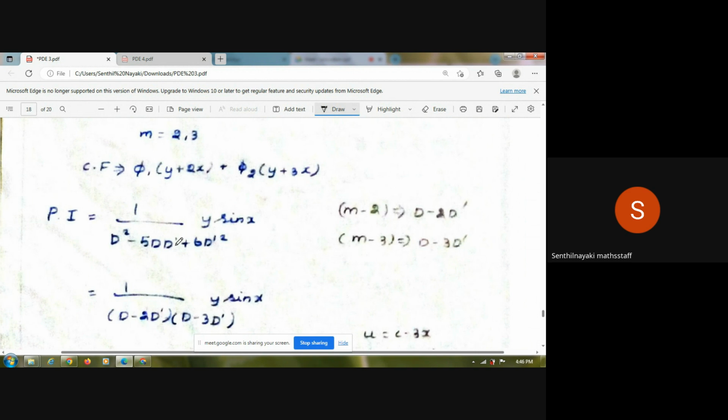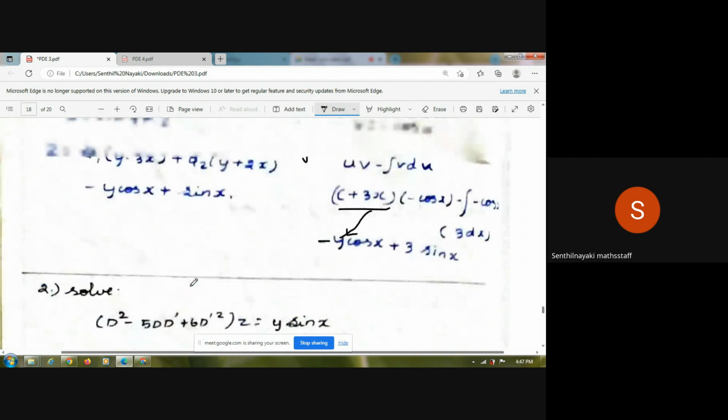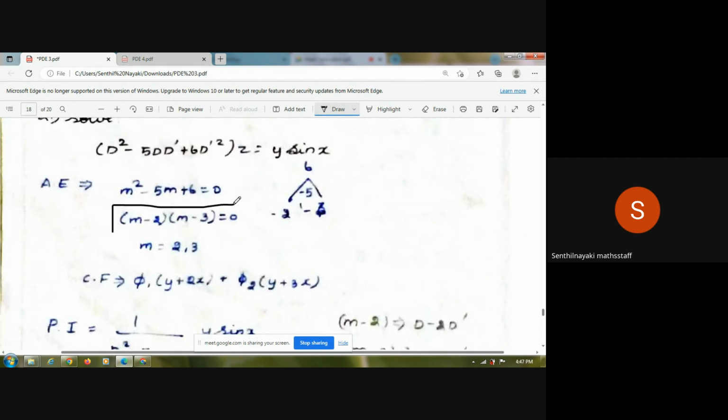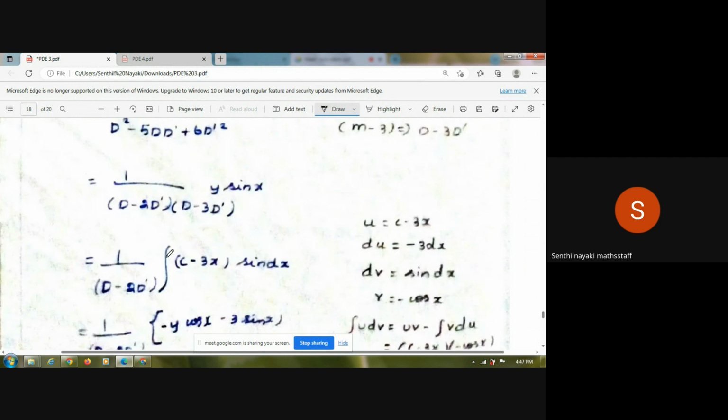This PDE can be written as the product of two factors. The first factor is d minus 2d dash. The second factor is d minus 3d dash. For writing these factors, we can use the auxiliary equation factors, m minus 2, m minus 3. With the help of these factors, we can write this one. Next, we have to find out the particular integral for the first factor,